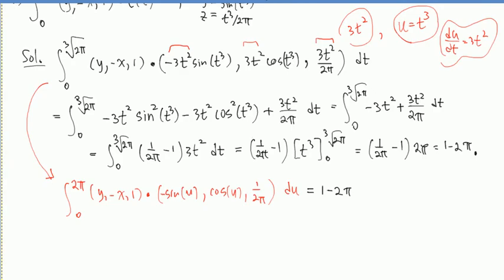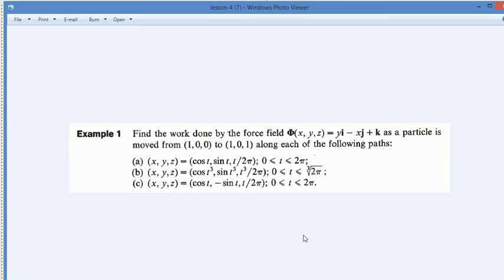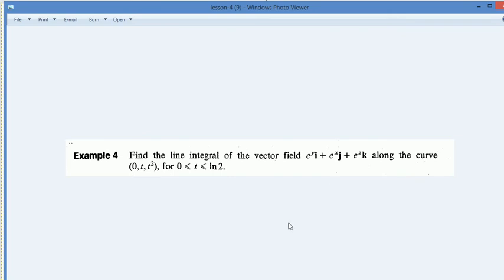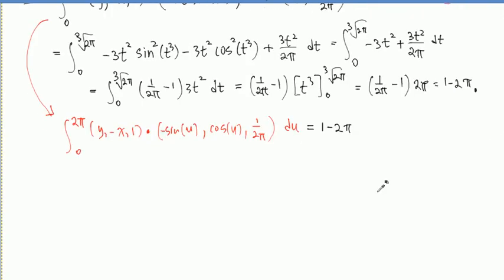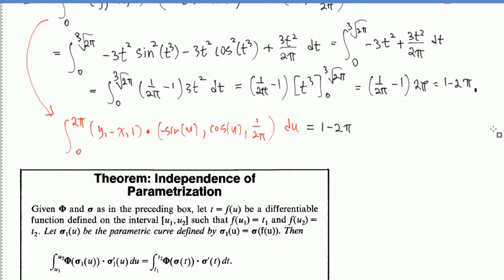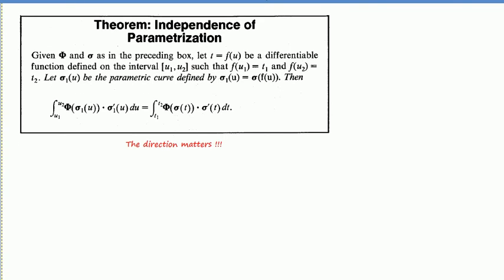Any question? No. So this one's going to be easy. So they summarize it like this: independence of a parameterization, and see if this makes sense. And after all this discussion of independence, given phi, a position-dependent vector field, and sigma, that's actually the parameterization, how fast you're passing through that thing in there. And they're saying, if you have calculated like this, and if you further compose it with, just like we did,